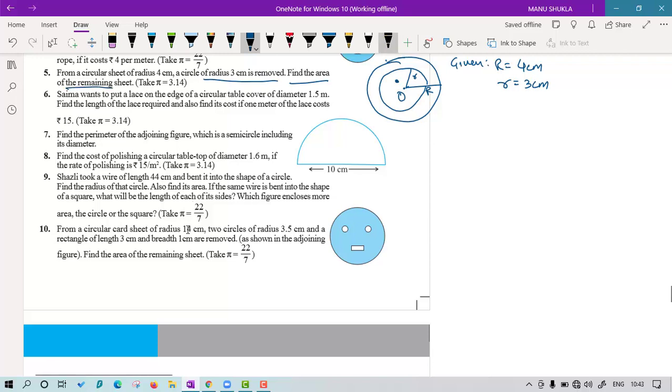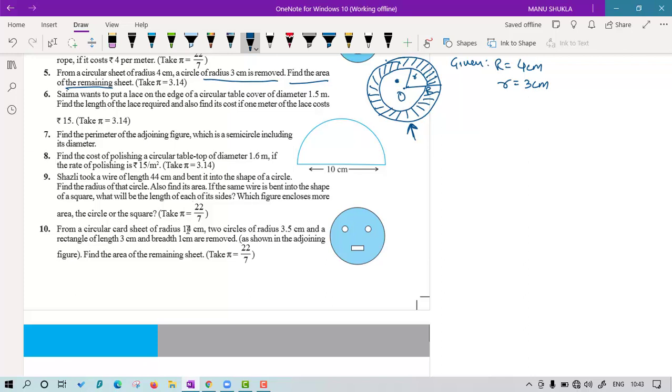So class, if you have removed the inside, what is remaining now? Only this thing is remaining. Try to understand. See, this portion is remaining now. And the question wants us to find the area of this remaining portion. But the problem is we have not studied any sort of formula which can help us in this directly. So we have to think how to find the area of such a figure.